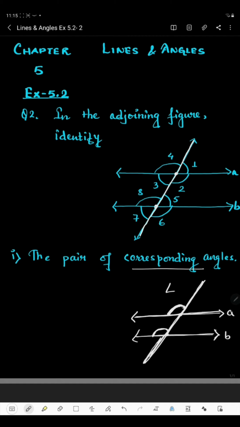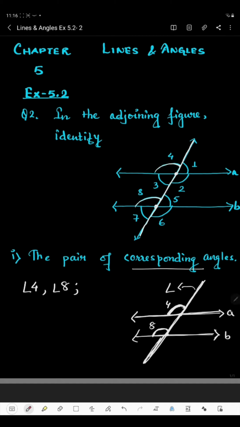line B. So if it is angle 4 and angle 8, then angle 4 and 8 will be equal. Why? Because this is on the same side, same position, meaning this is the left hand side of the transversal line and the upper part of the parallel lines. So the first pair of corresponding angles is angle 4 and angle 8, which is on the left hand side of the transversal and in the same position, which is the upper part of the parallel lines.